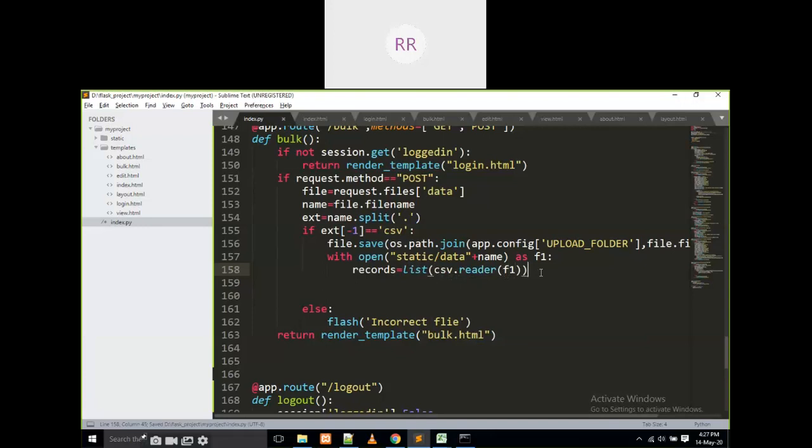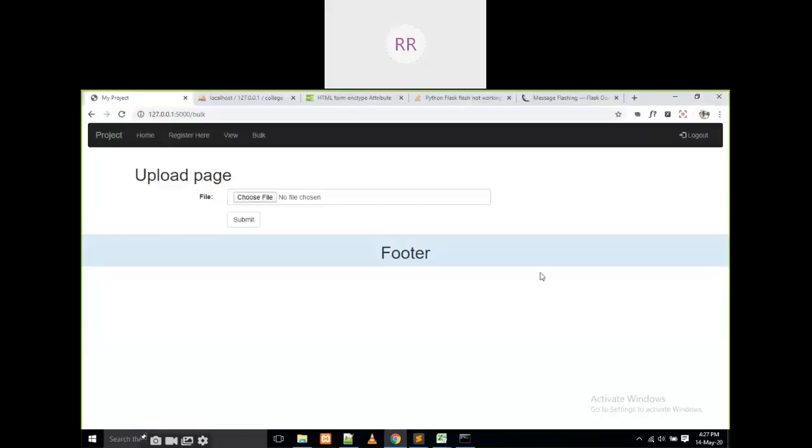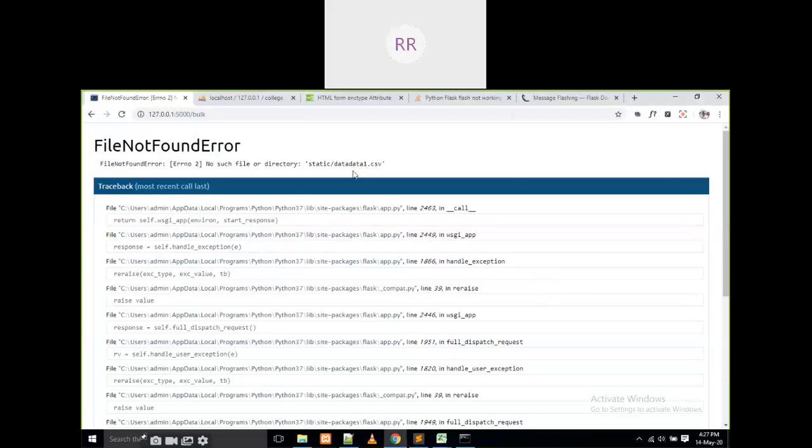I'm going to write it like this. That means the total data I'm going to print here. Just very simple, right? Records. That's it. Now I am going to refresh it. Data.